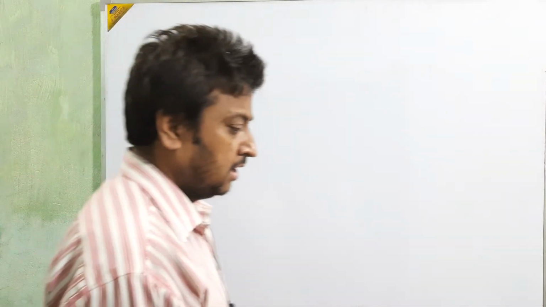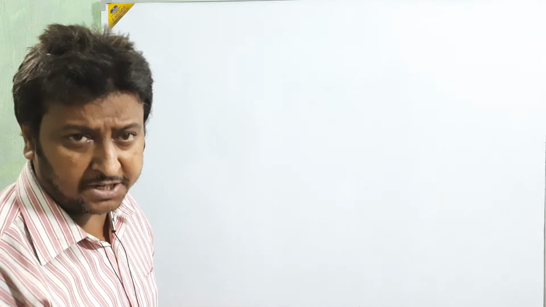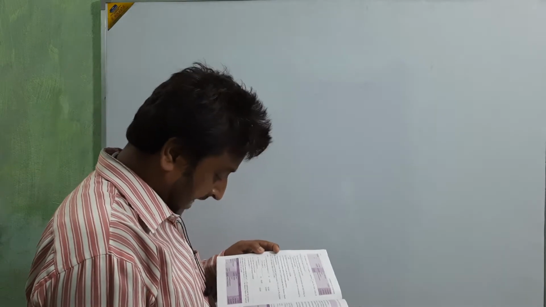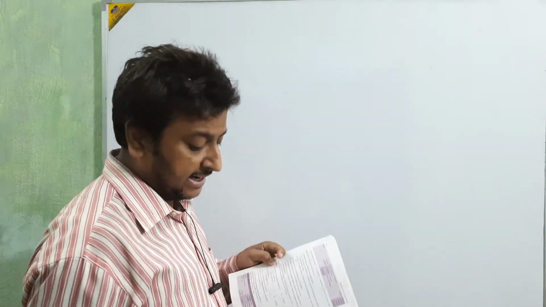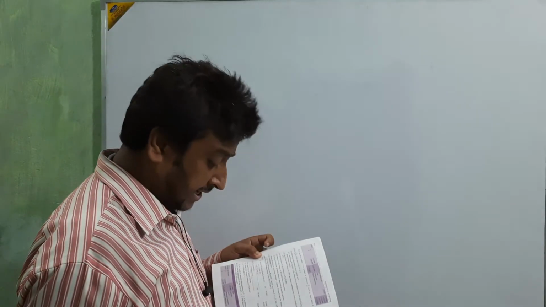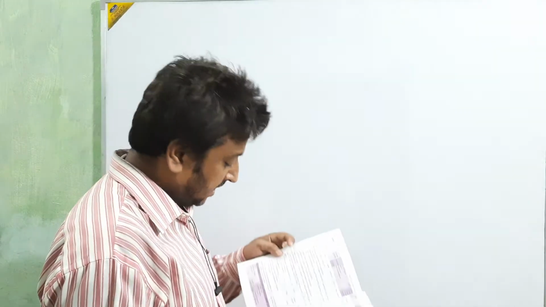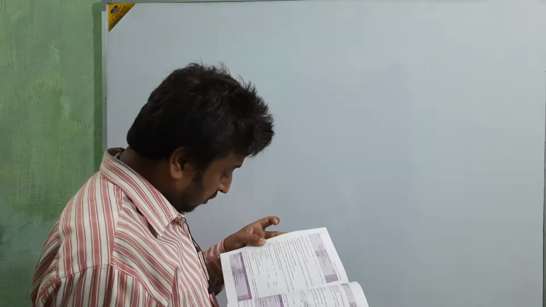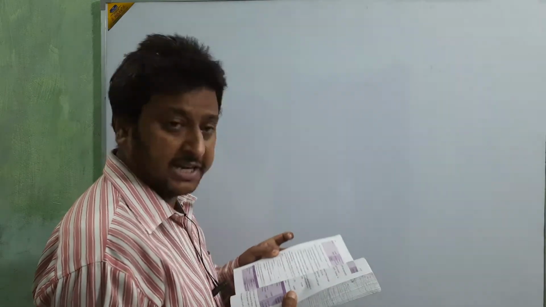Good morning, students. Today I am going to take one more question on the same topic, adjustment of capital on the basis of old partner, and the question number is 79. In the next class we are taking the next topic. Before that, today we are going to start this question, question number 79.